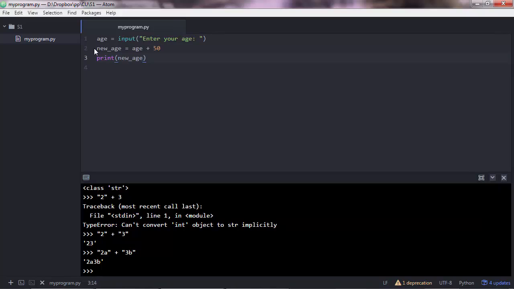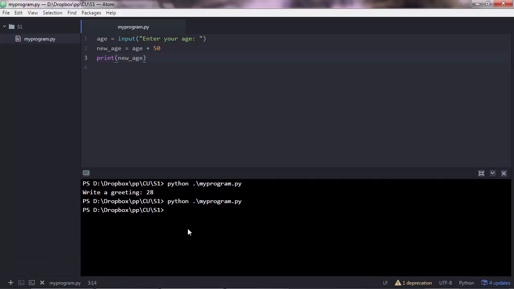Save the script, and let's go and execute this. We are going to get an error here, I warn you, but it's good that you see the errors that we get, because that's how you learn better. So python my program, execute. For now it's working fine, because Python executes a script line by line. So it goes to the first line, and if there is no error, it executes that line. And in this case we have an input function, so the program is on standby mode, expecting the user to enter the input. And so let's enter the input here, let's say 28,